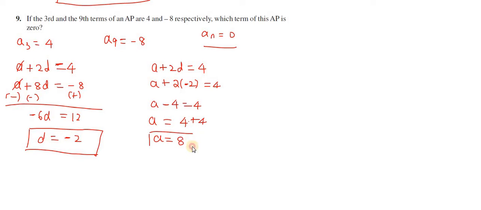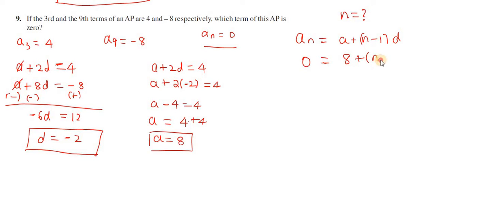So we got that a is equal to 8. Now we have a and d, so we need to find an. We have to find for which value an becomes 0. We know the formula an is equal to a plus n minus 1 into d. So we need to find what n is when an is equal to 0. So where an is 0, 8 plus n minus 1 into d, where the d value is minus